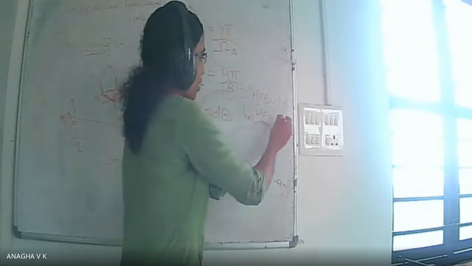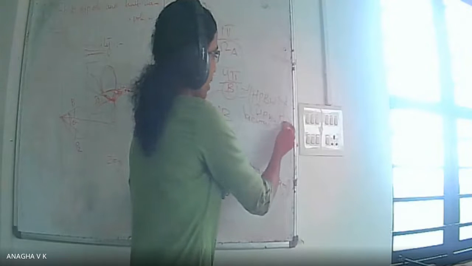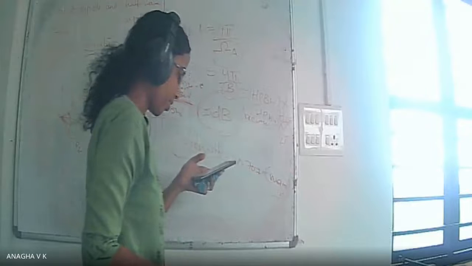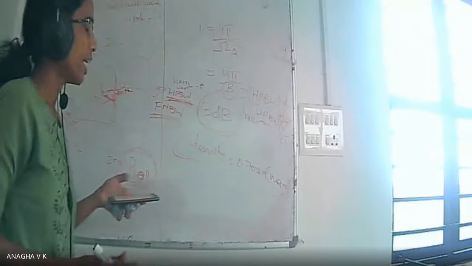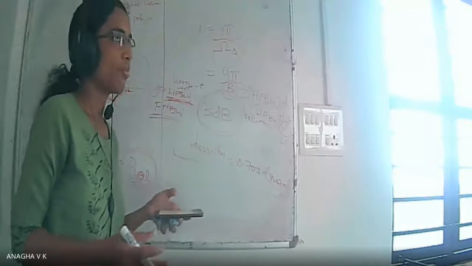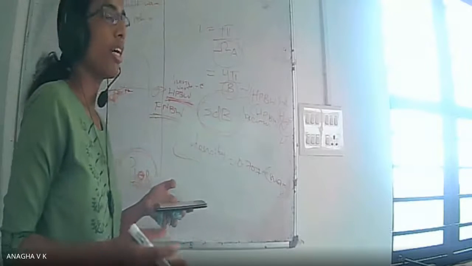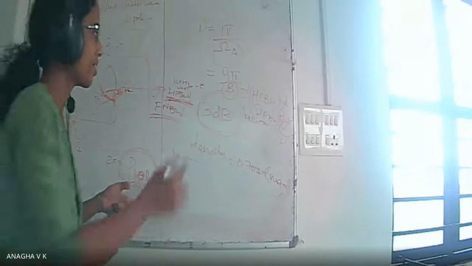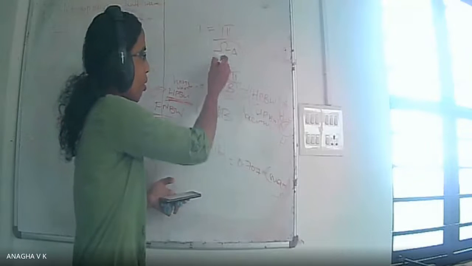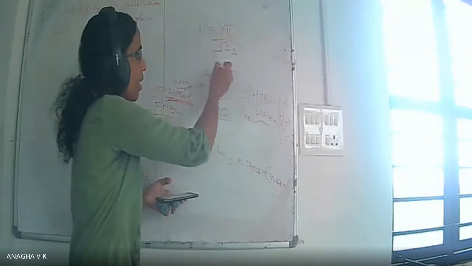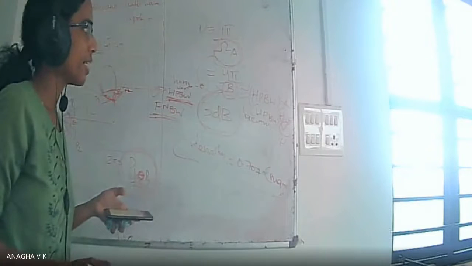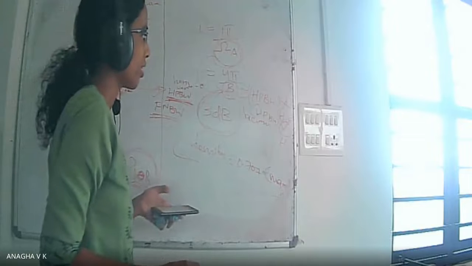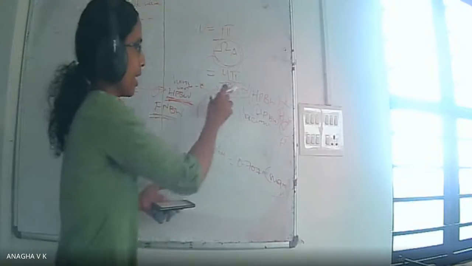What is the horizontal plane? E plane. What is the vertical plane? H plane. Okay, so this is nothing but B. I told you earlier, the radiation pattern is defined in terms of field intensity. So this is a field intensity. So omega A, or solid angle, is approximately equal to B. So this directivity is in terms of the radiation pattern, so we are writing it here as B.